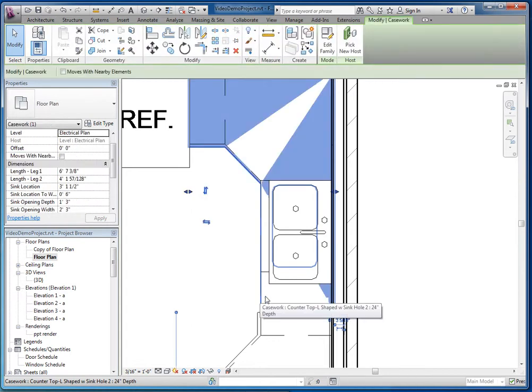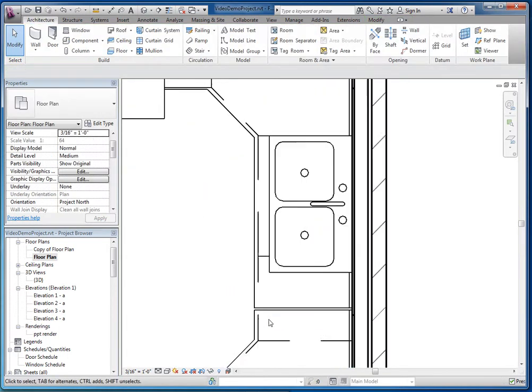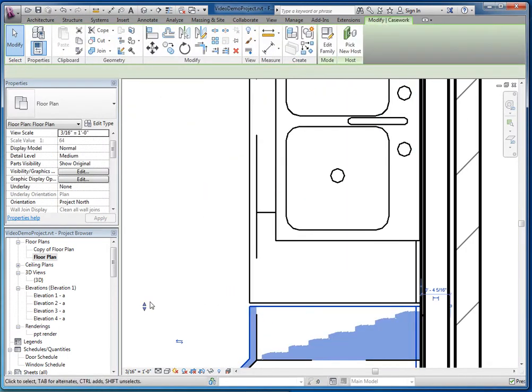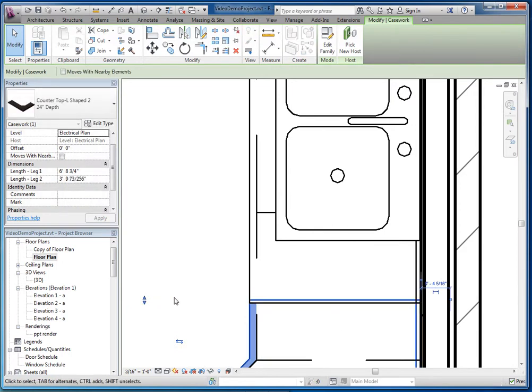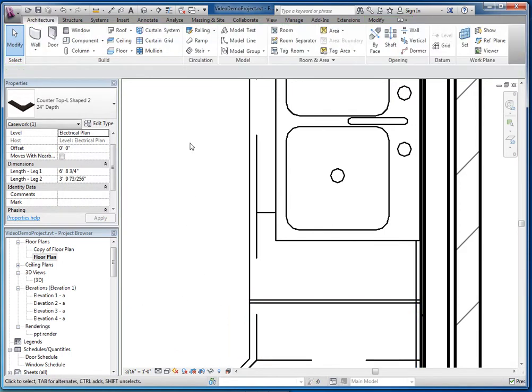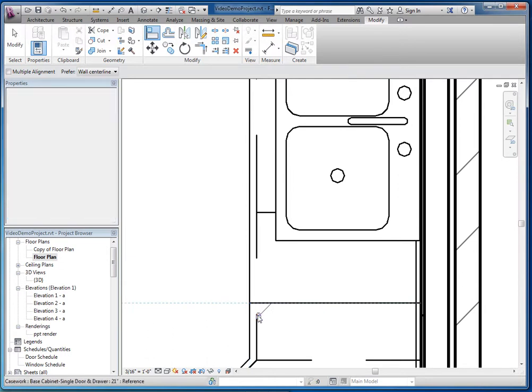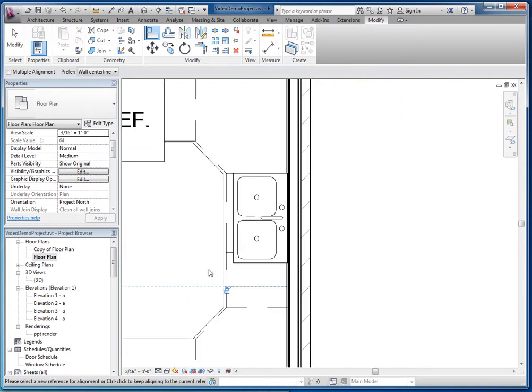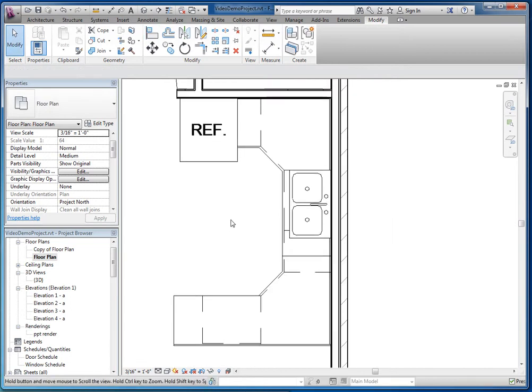Our countertops are not quite lining up right here. I think the whole thing is out too far. I can use the align tool on the modify ribbon. So I'm going to keep that one there, move that one to there, and lock it down. All right, so we've got our countertops in, we've got our base cabinets, and now we want to do our wall